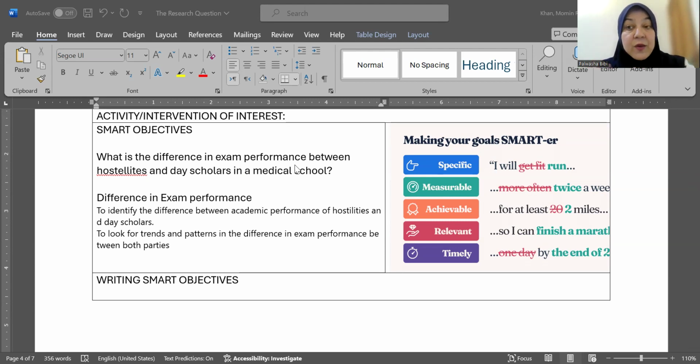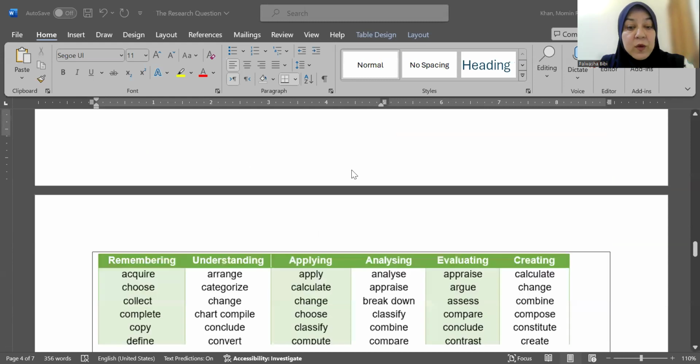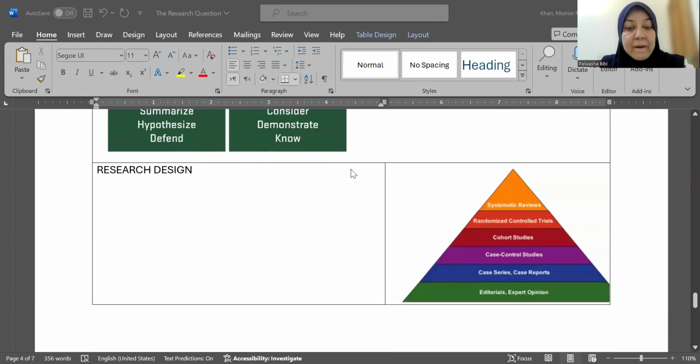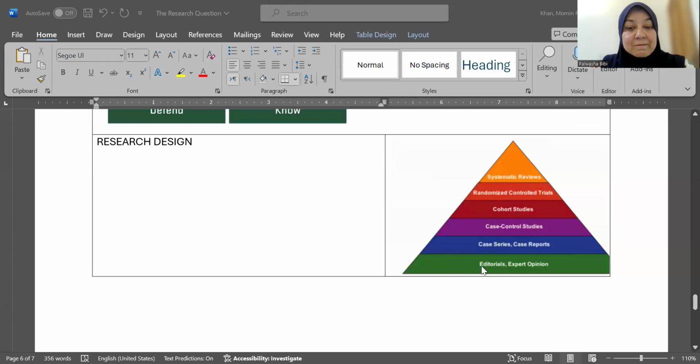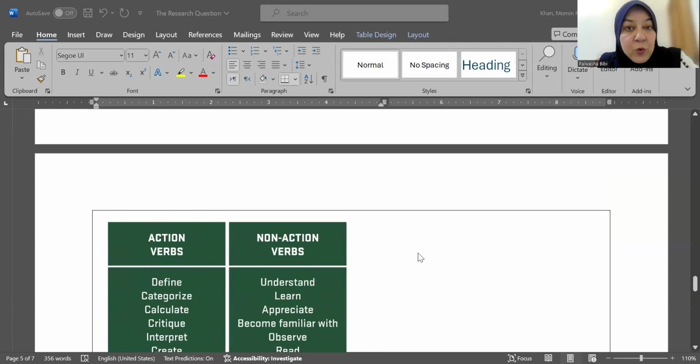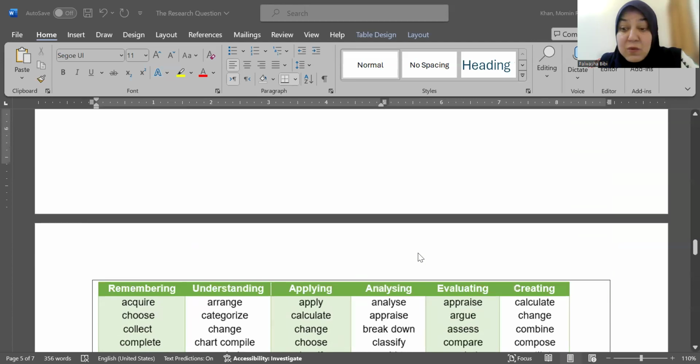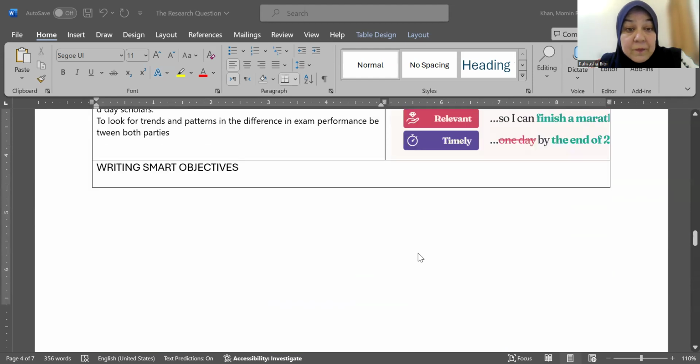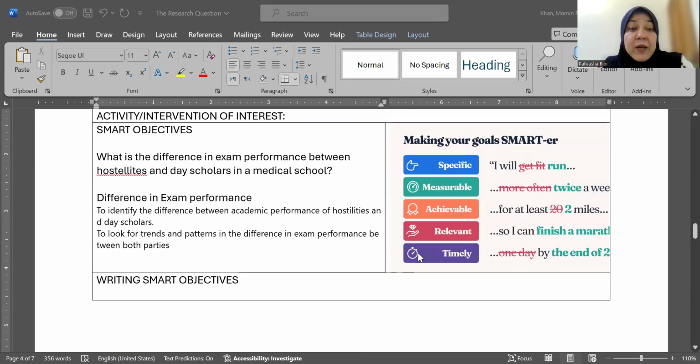And that is the stage where we subject it to the next inquiry, which is, what kind of research is this? What research design do I want to follow? And that will also tell me if there is an actual deficiency in my research question. Don't think that just because Dr. Afshan wrote a research question, it's a good research question. No, not at all. So I want you to write 3 smart objectives, or I want you to decide that the research question is insufficient and it needs to be modified.